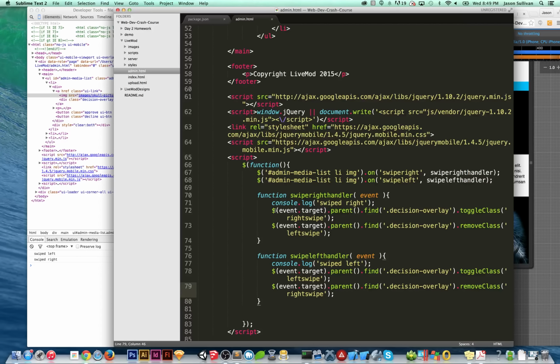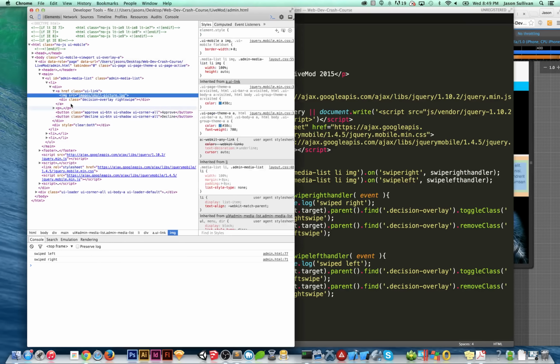Whatever the event target is, which is always going to be the image because we've actually gone right to the image. So if they swiped on the text, it wouldn't do anything. Then it's going to bounce up. The event happened on the target. Now I want you to look at the target's parent, which, if you look in your Chrome tools here,